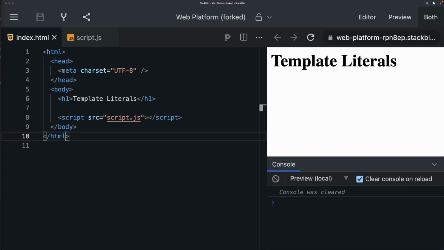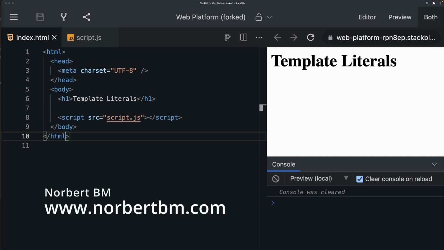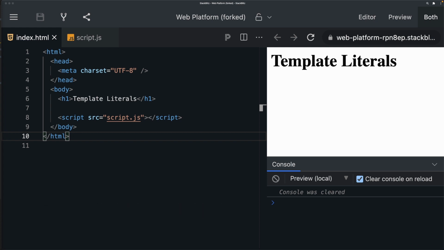Before you jump into a JavaScript framework like React.js, I would highly recommend that you get yourself familiar with template literals. Hi, my name is Norbert BM, and in this JavaScript tutorial, you are going to learn about template literals,